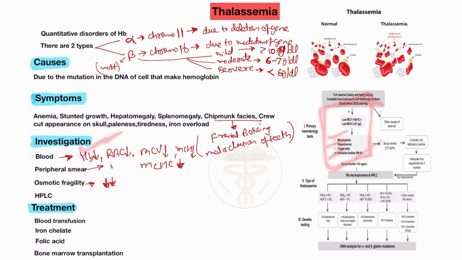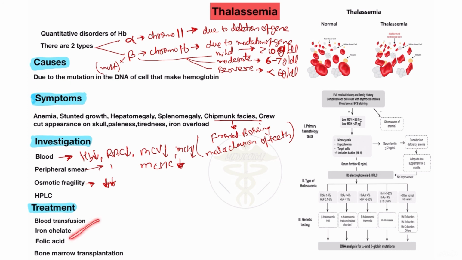Now you will see what is the treatment in the patient of thalassemia. Treatment is blood transfusion, because you all know in a thalassemia patient the blood always decreases, because the bone marrow is not functioning. So it is required every 2 months, 4 months, or 1 year, depending on whether the case is mild, moderate or severe. So blood transfusion is always required in the patient of thalassemia.